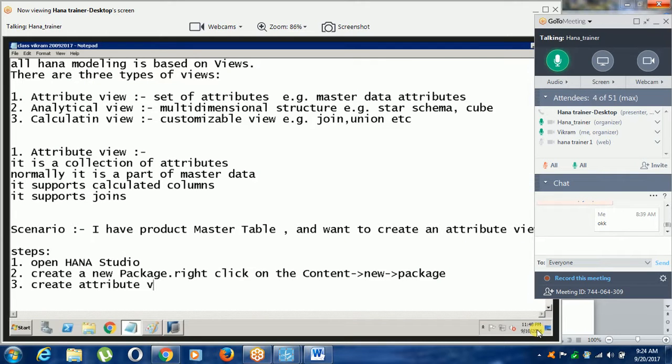Create attribute view: right click on your package, new, attribute view. Specify name, label, and finish. Okay.